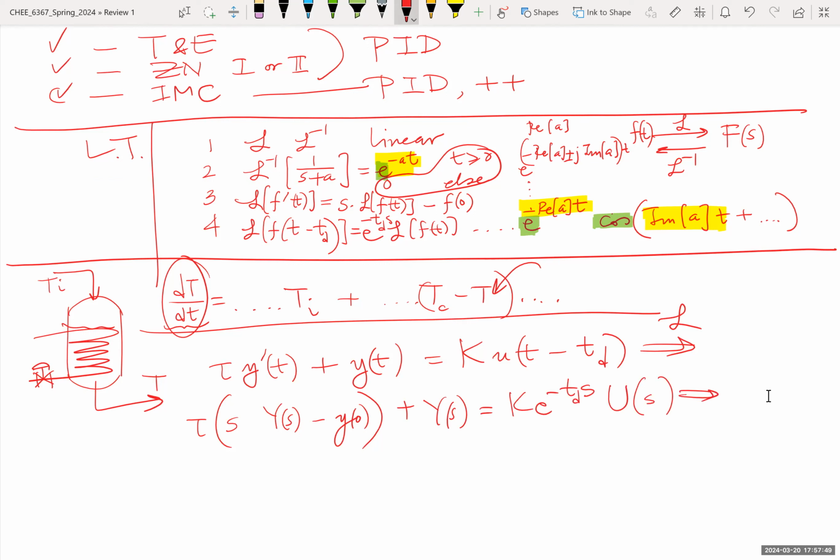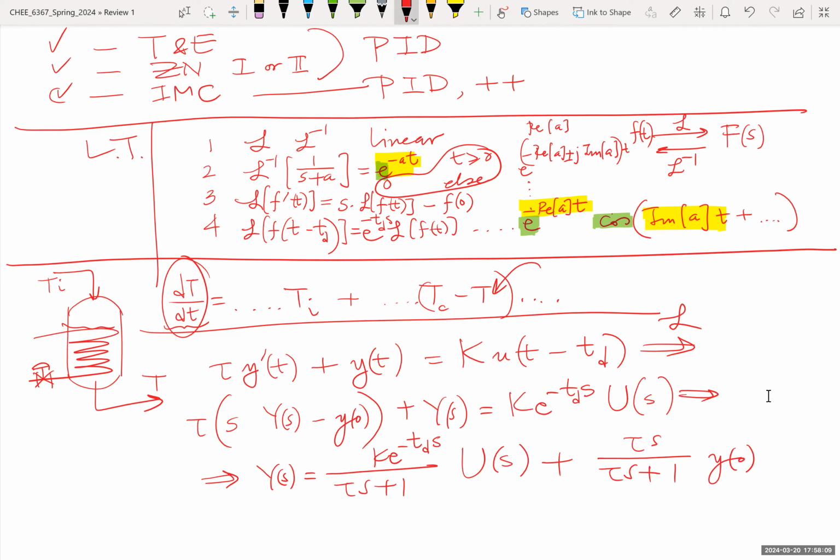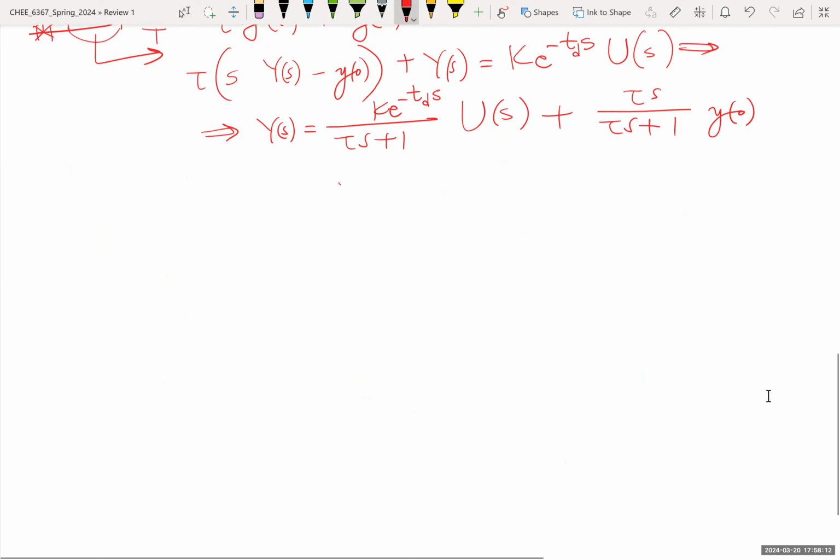And eventually you get the transfer function, so you get y of s is k e to the minus theta s u of s over tau s plus 1. You have the effective initial conditions also, which is tau y of 0 over tau s plus 1. So this is your transfer function